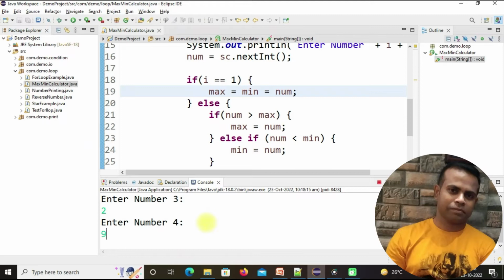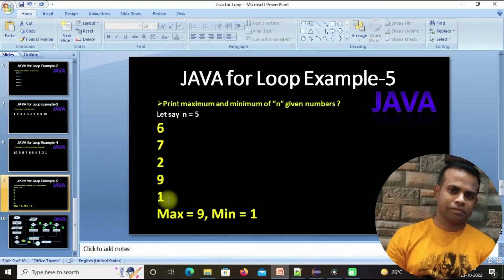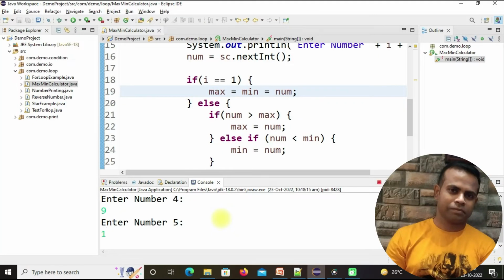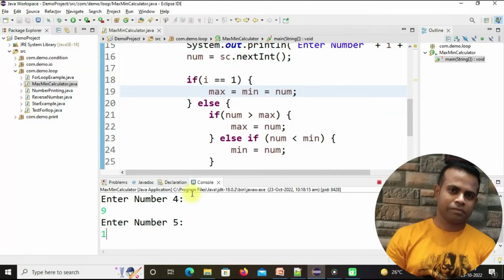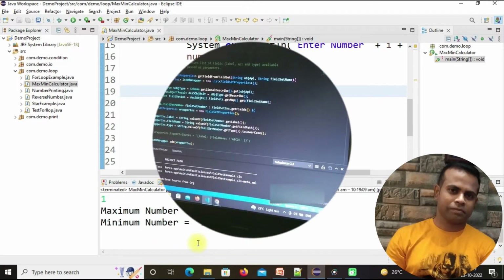So give the 9, then enter, and it asks me number 5, so that is 1 for our case 1. Now if I enter here, that means it should give me the maximum number 9 and the minimum number 1 from this series or set of numbers, right? So let's enter and check the value. So you can see